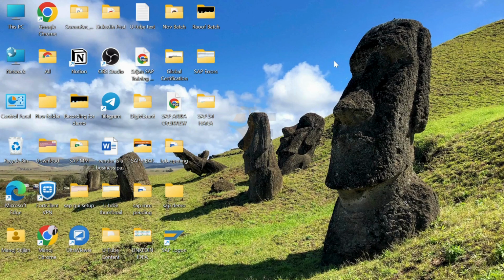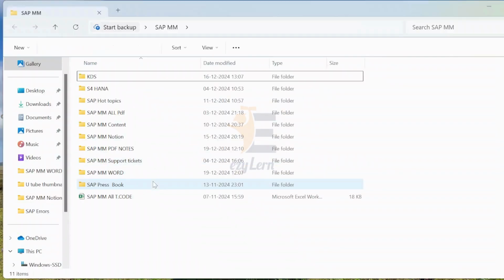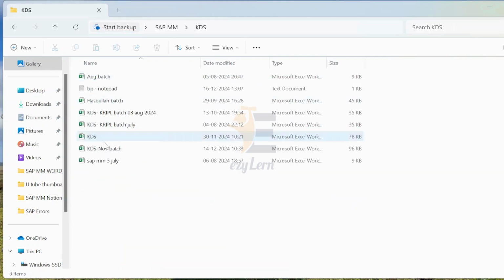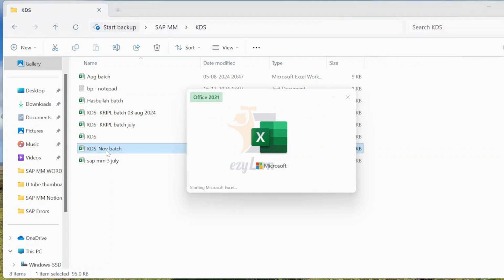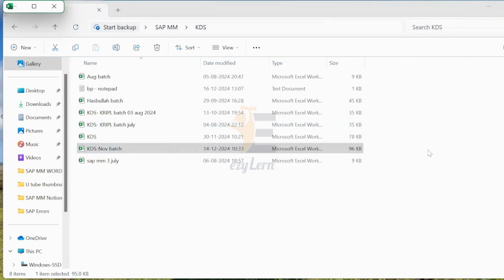We prepare the KDS file as per the client requirement and the business SMEs. I'm going to prepare it for your batch. The KDS file is just like an Excel sheet.